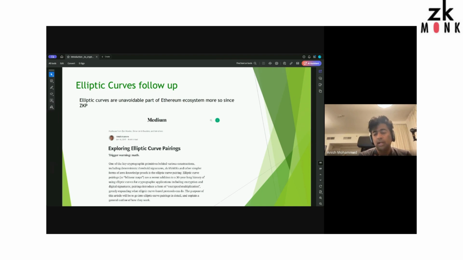For people who are interested in understanding a bit of pairing, they might be really interested in Vitalik's one. There's also this operation between groups that's actually used in zero knowledge proof systems. So if you really are interested in zero knowledge proof systems, you probably want to understand a bit more about elliptic curves and pairing. Okay, and I would recommend Vitalik's blog post. Can I have the next slide, please?